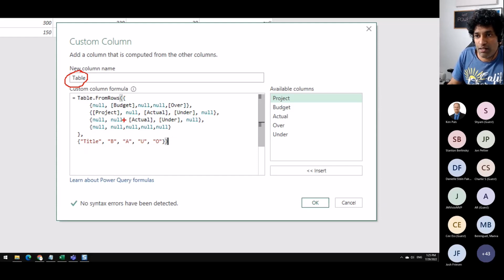And then the rows themselves: the first row would have null, budget, null, null, over, like this. It again looks clumsy, but essentially the lists have either a null value, a budget value, or an over value. This way the thing expands and we will get this kind of a thing. So that is the table from rows thing. When you are constructing the list, you could put 1 to 4, 1, 2, 3, 4 like that, or you could also refer to the available columns to bring the corresponding column value for each row, and then that can be used. So this is that.